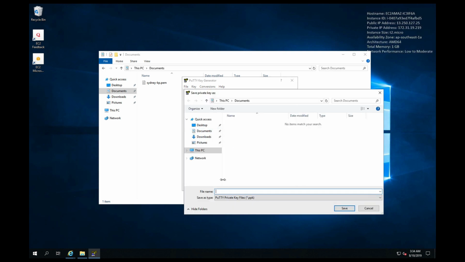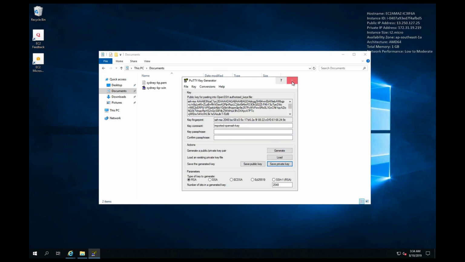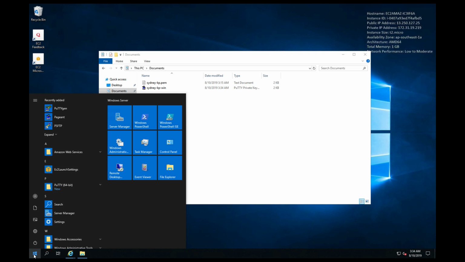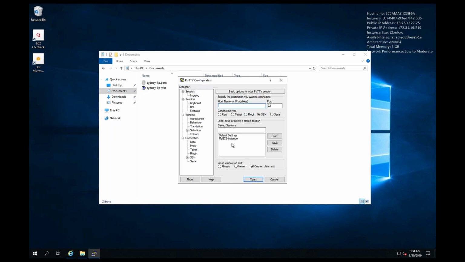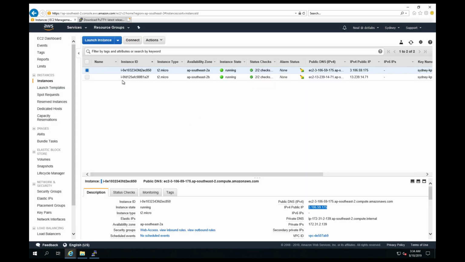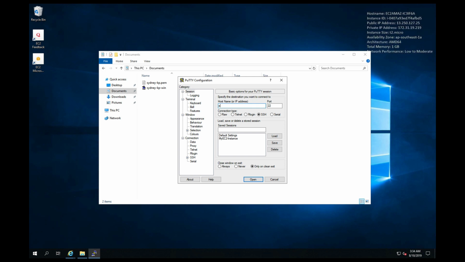And we'll OK that message, and we'll just call this Sydney-kp-win. And I'm going to save. And that's that done. We can close that one down. We can now go to PuTTY and just choose the PuTTY tool. And what you need now is your IP address. So let's go to the EC2 management console, and I'm going to copy this IP address to my clipboard. I'm going to come back and I need to type ec2-user at, because this is an Amazon Linux AMI,